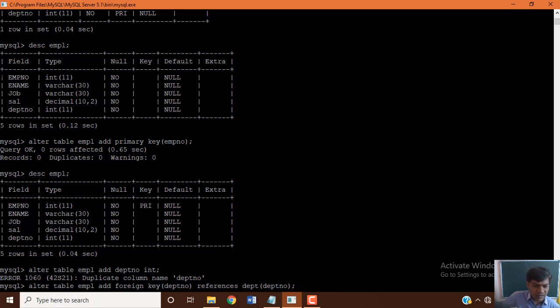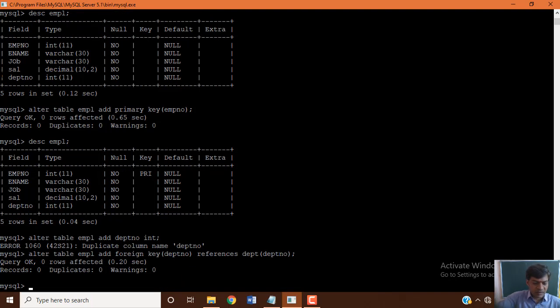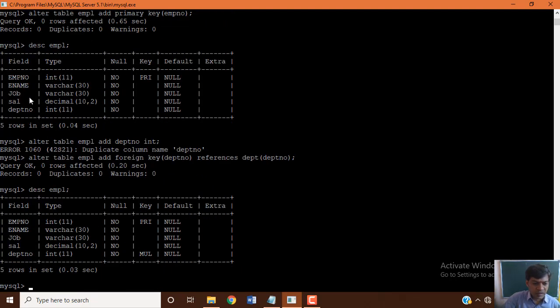That's why we are creating the foreign key constraint by using the alter command, because we didn't specify it while creating the table. Now we are adding it later by using the alter table command. Let's see, executed. Now see the description of the EMPL table. We can see the primary key we added, and in the same manner the foreign key is also added.